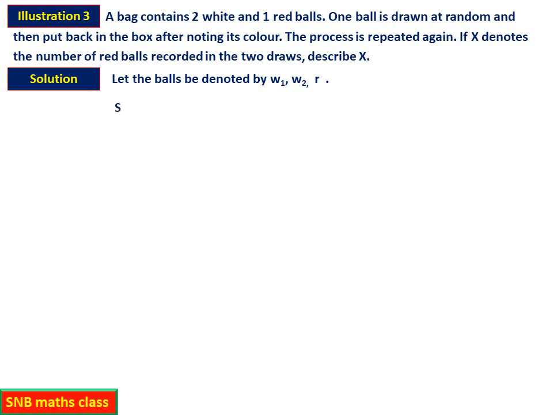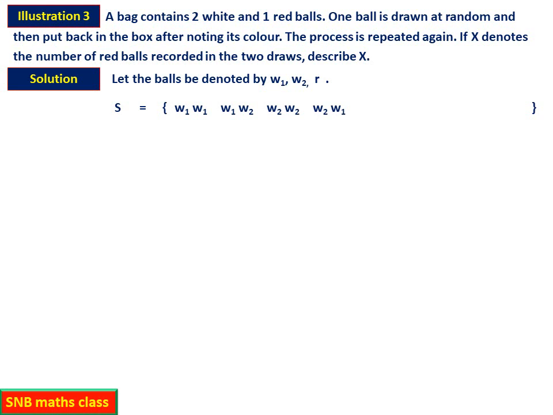Now what is the random experiment? See, what is very important here is writing the sample space. You have to read the problem carefully. One ball is drawn and once again it is replaced. So put back in the box means it is replaced. Therefore the outcomes will be like this: W1, W1. First you draw, put it back, and once again you may get the same ball. Similarly, it can be W1, W2, or W2, W2, or W2, W1.